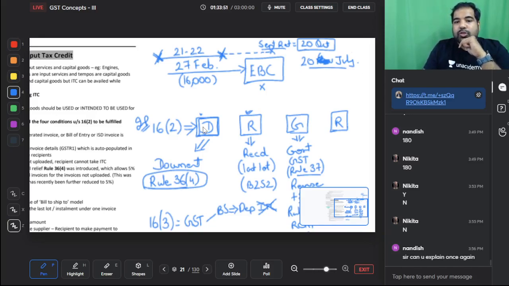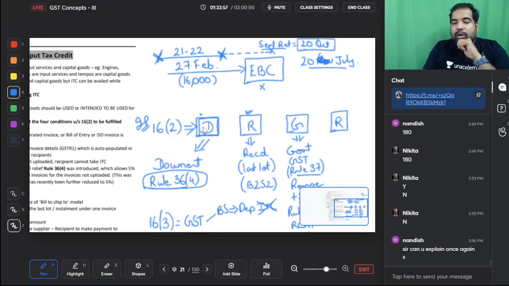Nandish, if you open your fridge, are there chocolates in your fridge which will have an expiry period? Can you consume the chocolates after the expiry? You cannot. Same way, even one particular year's credit has to be taken to the credit ledger by a particular period. What is that particular period? Earlier of two dates. What are the two dates? September return due date. Every month you have to file GST returns. So the September return has to be filed by 20th October. Is this a fixed date? Yes, this is a fixed date. And what is the other date? The annual return filing date, not the due date, the annual return filing date.